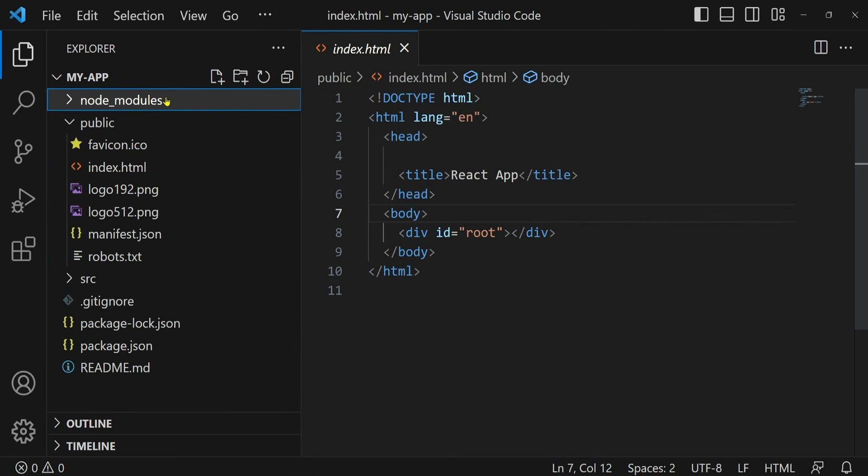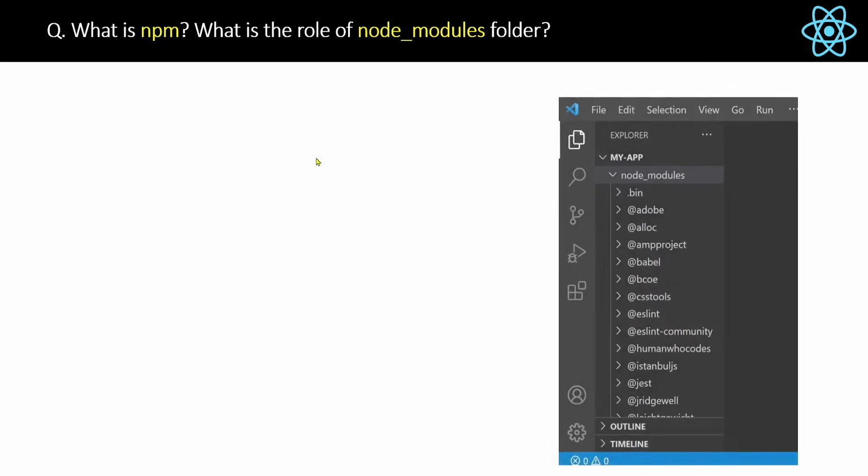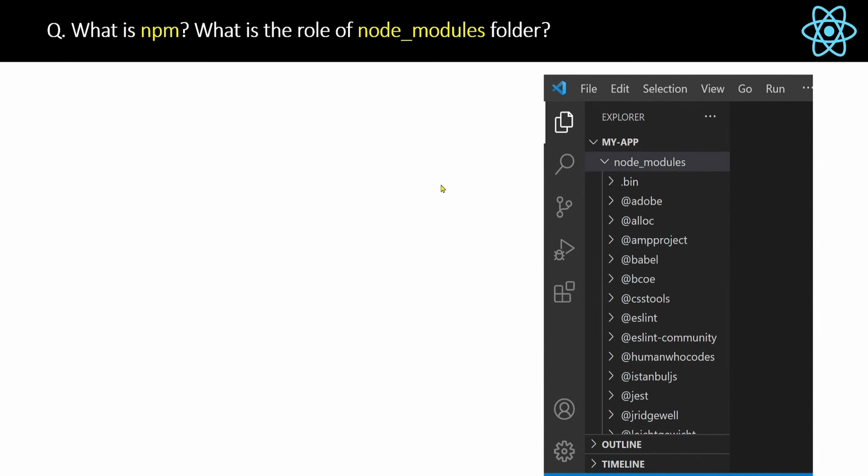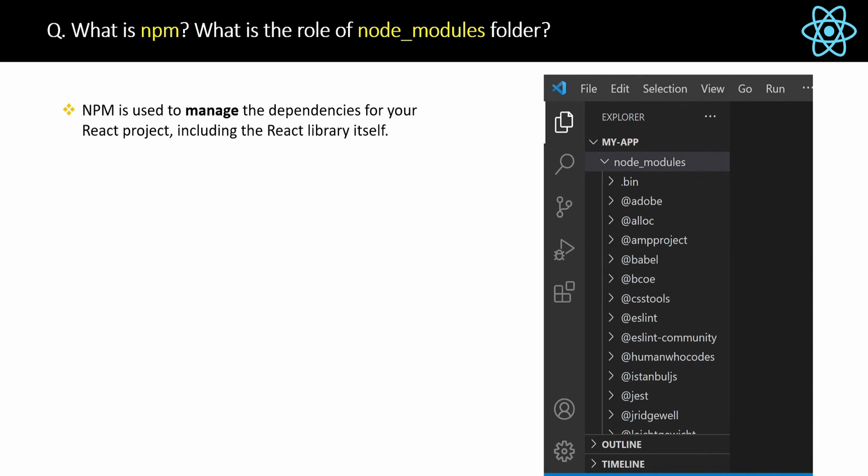Now back to the slide. Same screenshot I put here so that later the slide can be used for quick revision. What is npm? Why do we install npm? The answer is npm is used to manage the dependencies for your React project, including the React library itself, which are stored in the node_modules folder. If you do not install npm, then you have to download all the React libraries yourself, and in that case you might miss some libraries, which will impact your development time and your project also, right? Therefore npm will install all the libraries at once.